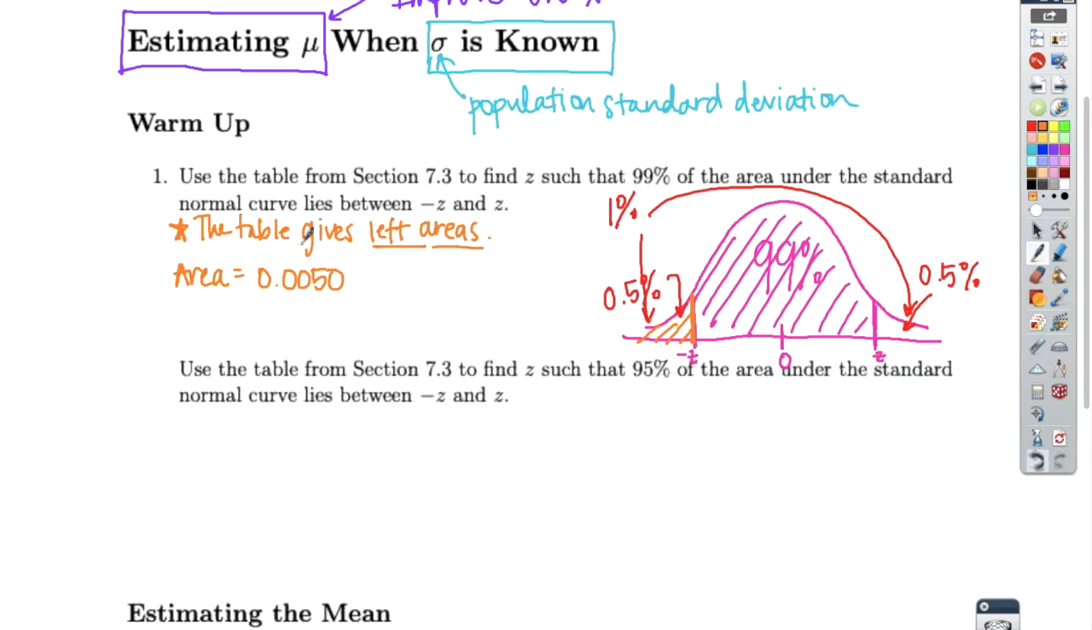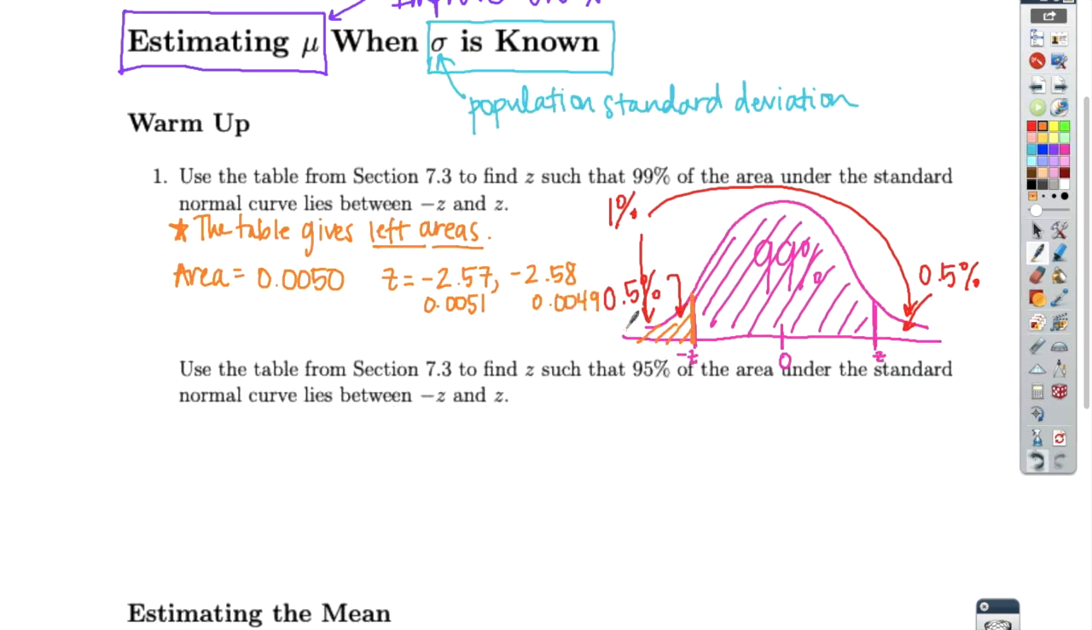And if I look in my table, okay, 0.0050, I might not find this exact value in the table, but again, I just want to get as close to it as possible. So I'm looking in the negative 2.5s, and actually there's two that are very close. So I can look at negative 2.57 and also negative 2.58. And the corresponding areas for those are 0.0051 and